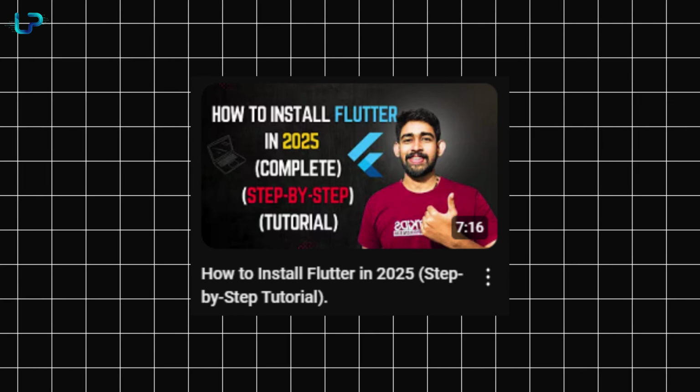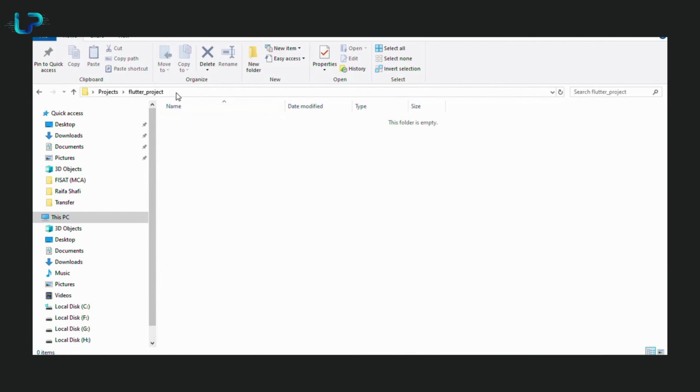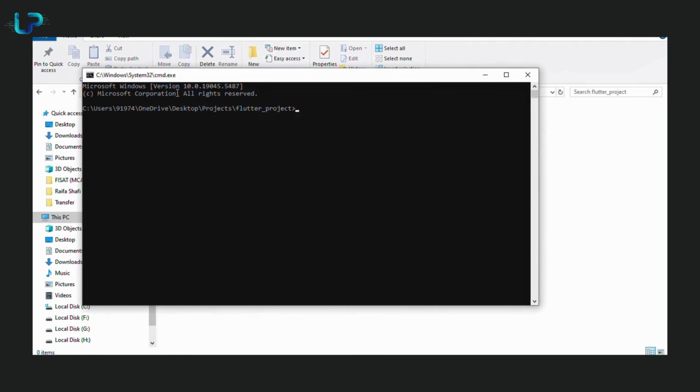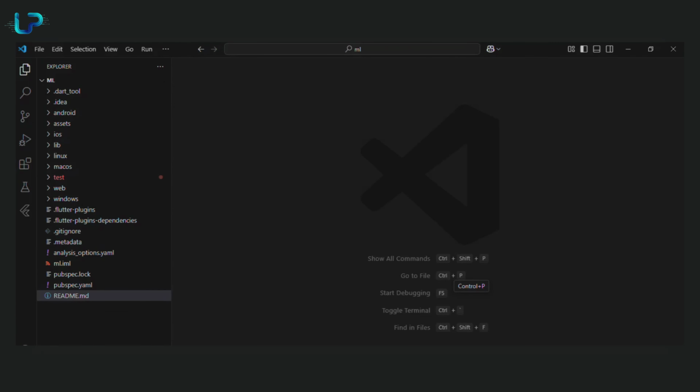Once you have Flutter ready, let's create a new Flutter project. Open your terminal and run the following command to set up a new Flutter app: flutter create app_name. Now open this project in your Visual Studio Code editor and we are ready to start adding the required dependencies